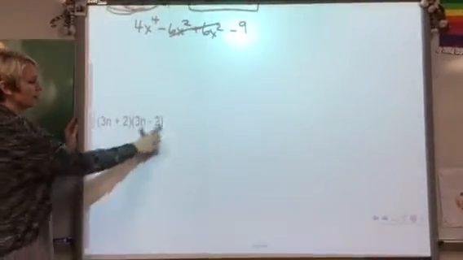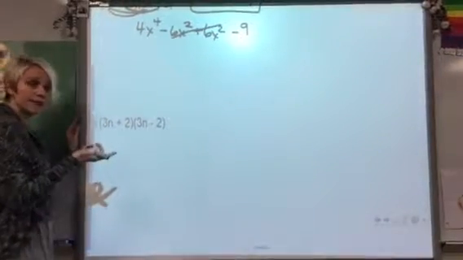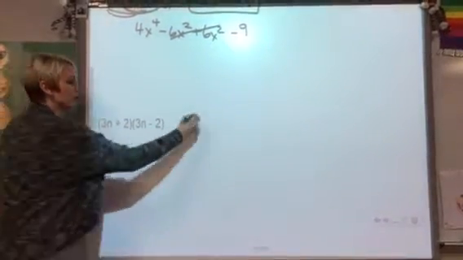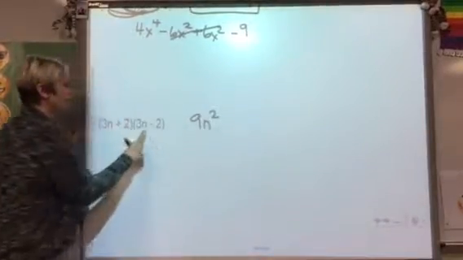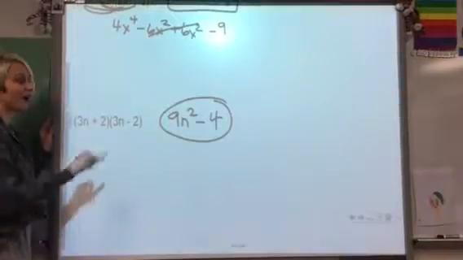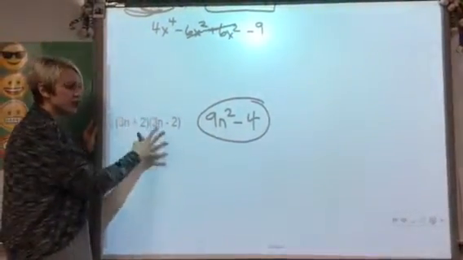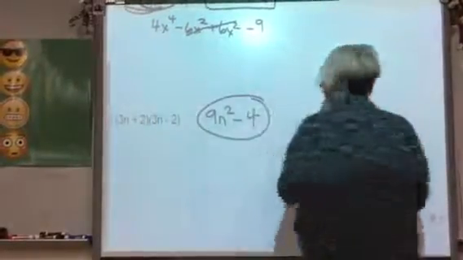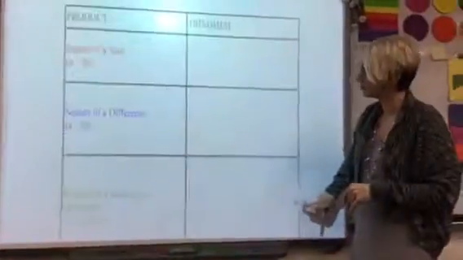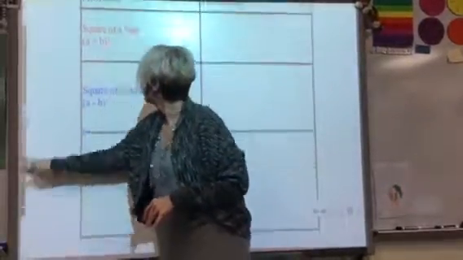So let's use the pattern here. See how this is a sum and a difference? So we can follow the difference of squares pattern. First term squared would be 9n squared. Last term squared would be 4, and it's a difference of squares. Wow, a lot less work. You don't have to FOIL, you don't have to use boxes, just use the pattern. So try the example of a difference of squares in your notes. Let's just review really quick here. The square of a sum is always